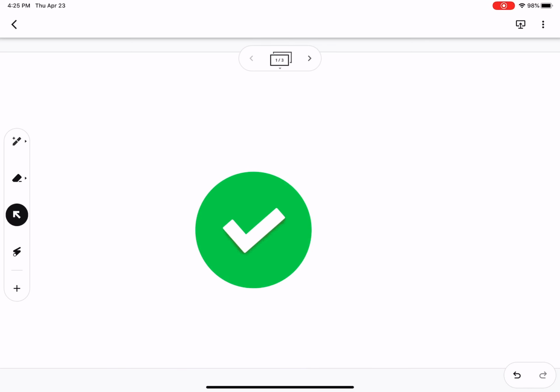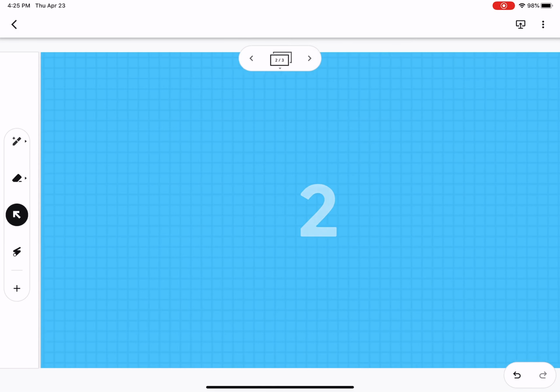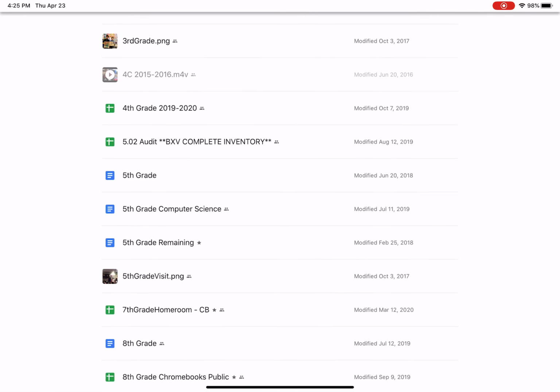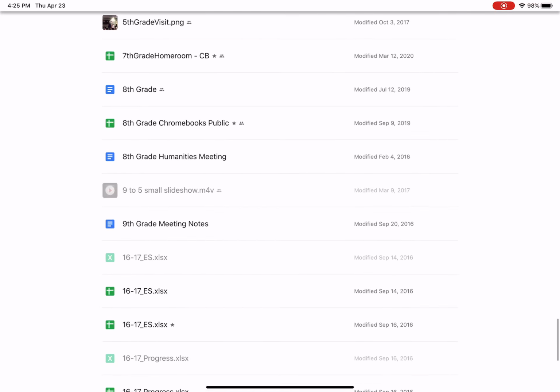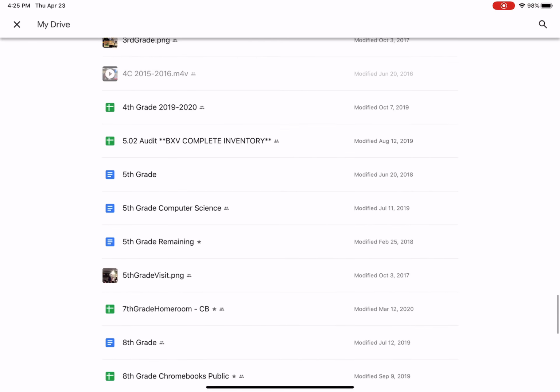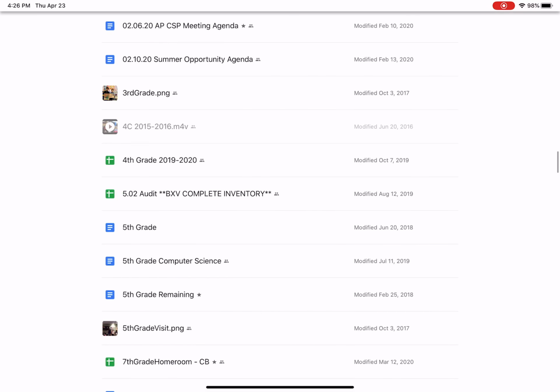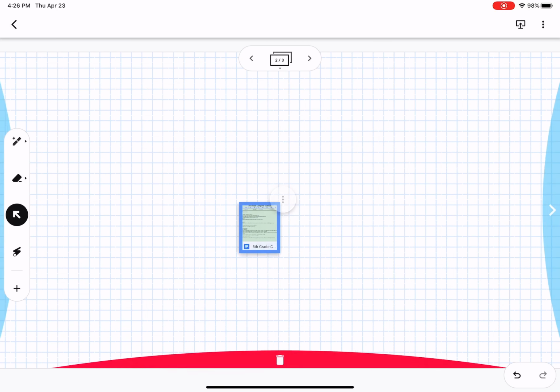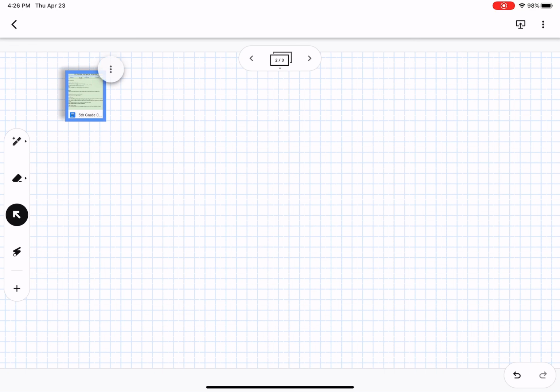All right, so if I go to the top on the right-hand side, I can click on that arrow, get to my grid paper. I can go ahead and add a drive content, and it shows me everything that's connected to my Google Drive. I've got so many things here, but if I just find, let's say, 5th grade computer science, all right, so I'm going to click on that. That's a Google Doc. You can see that it's selected. I can't do much with it as is, so I'm going to drag it up to the top right-hand corner,